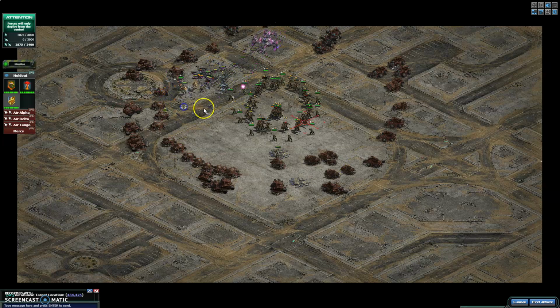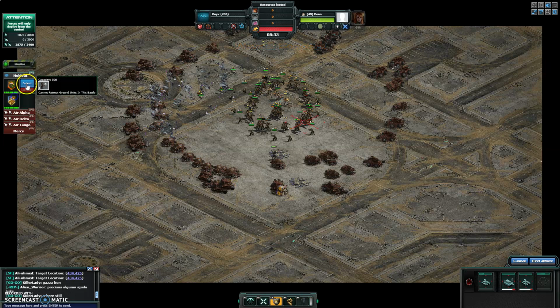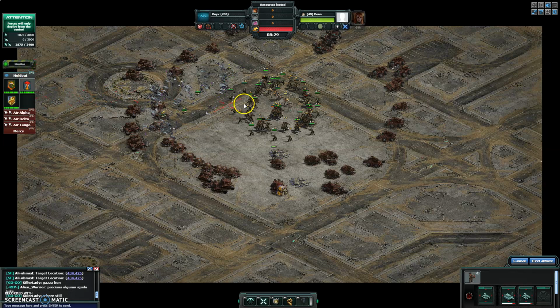There you go. And while they're chasing him, the wastelanders will destroy the blackout. Now you can't retreat him once you bring him in, so put him in the middle of the base. Put him on hold and save him. That's good enough right there. Save him for when